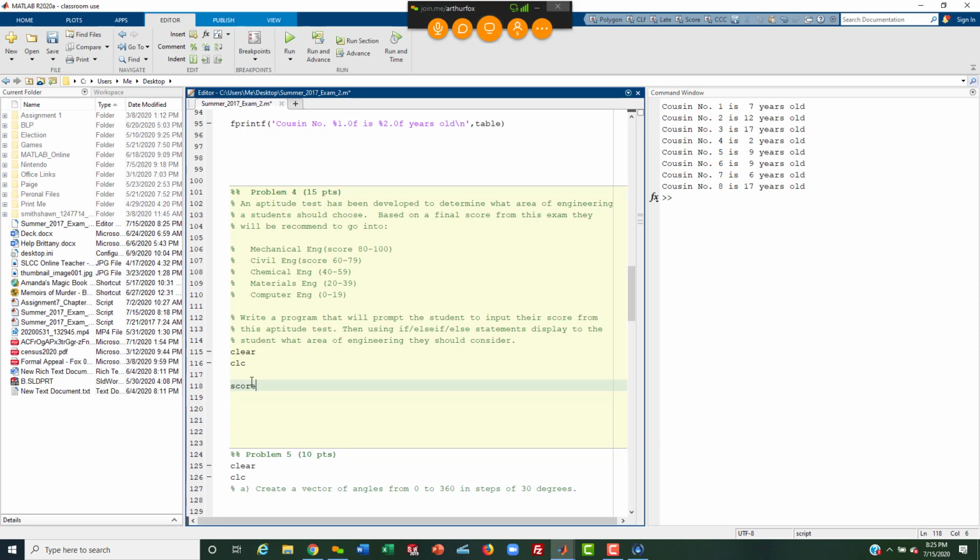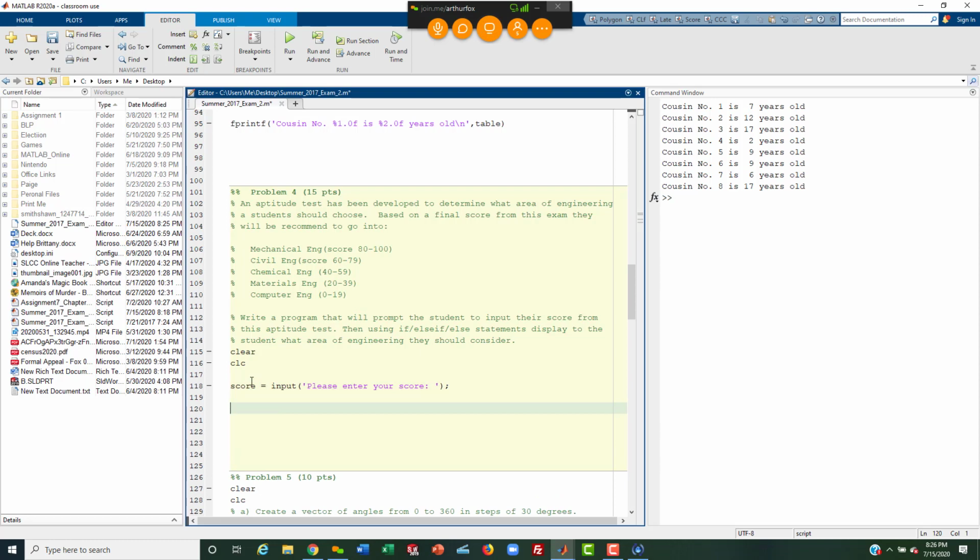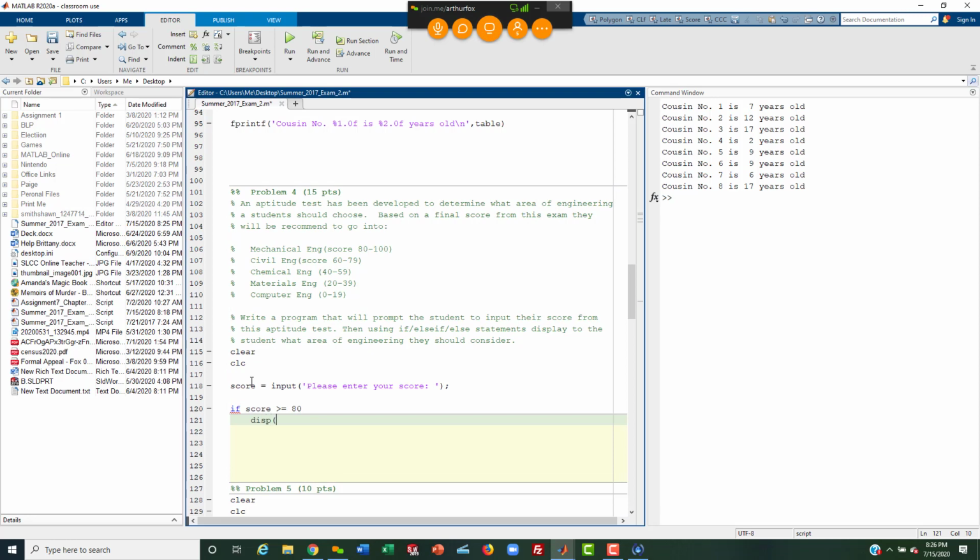Okay, so first off, we need to get a score from the user. Input, we'll be polite, says please enter your score, space, comma, s, and we'll suppress the output to the screen. And then next we'll check the score. If the score is, okay, the first one is 80 to 100, so we'll go greater than or equal to 80. Then we'll just display